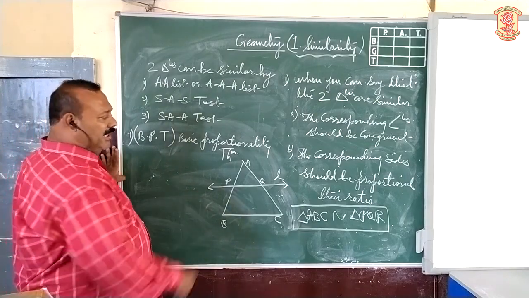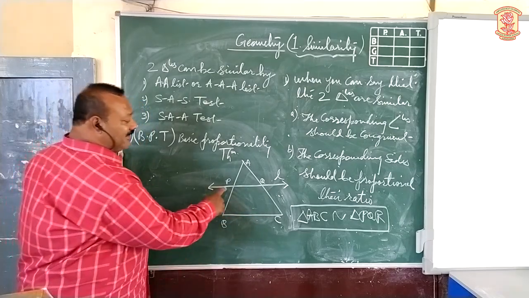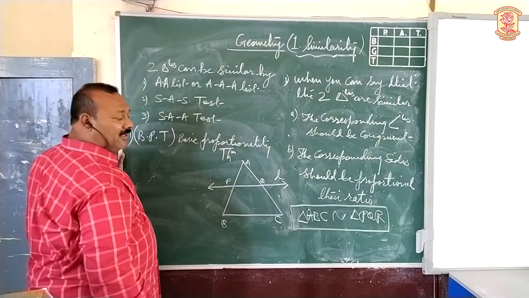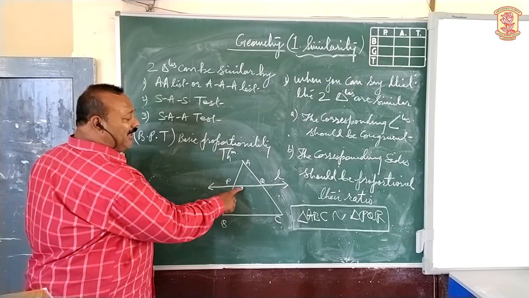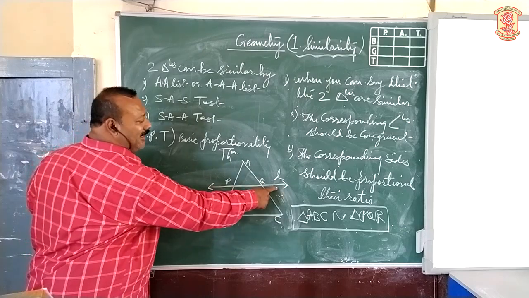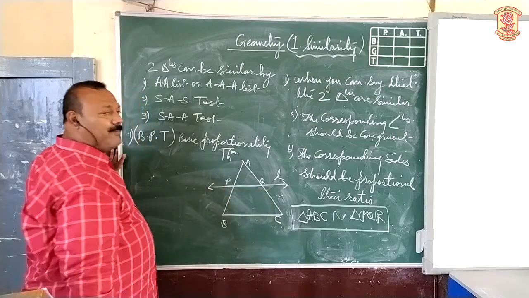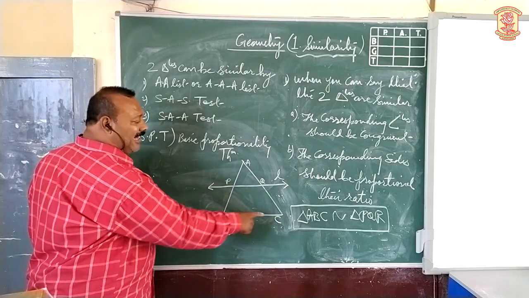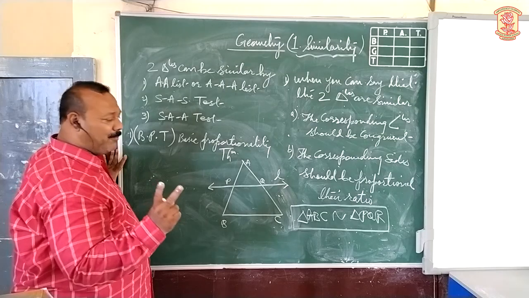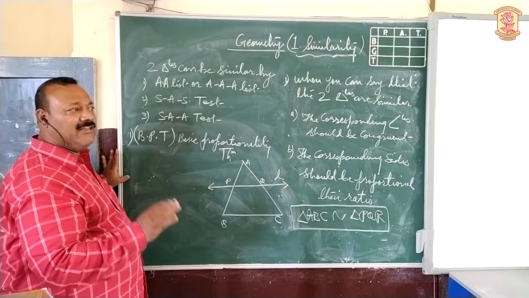What the theorem says: in any triangle, if a line is parallel to one side of a triangle and intersects the other two sides in two distinct points, for example, point P and Q, then those two sides are divided by that line in the same ratio. Once again, you see, triangle ABC, line L parallel to side BC, line L cuts AB and AC in two distinct points, P and Q. Therefore, we can say that in any triangle, if a line is parallel to one side and intersects the two sides in two distinct points, then those two sides are divided by it in the same ratio.